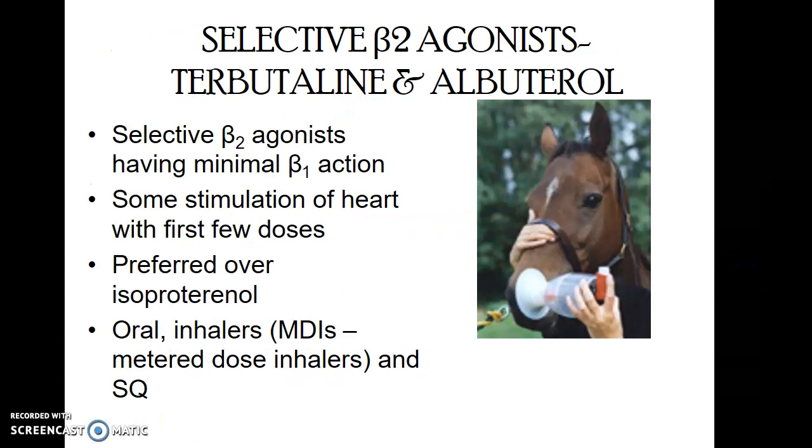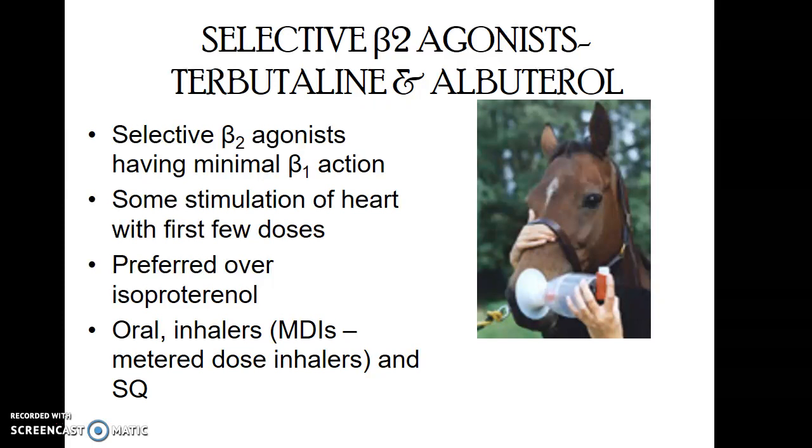But we would prefer to use beta 2 agonists, the ones that are selective for those receptors. And terbutaline and albuterol are two drugs that do just that. With the first few doses, we might see some stimulation of beta 1 receptors, but usually that goes away over time. We can use these drugs orally, we can use an inhaler, and a specific type of inhaler is a